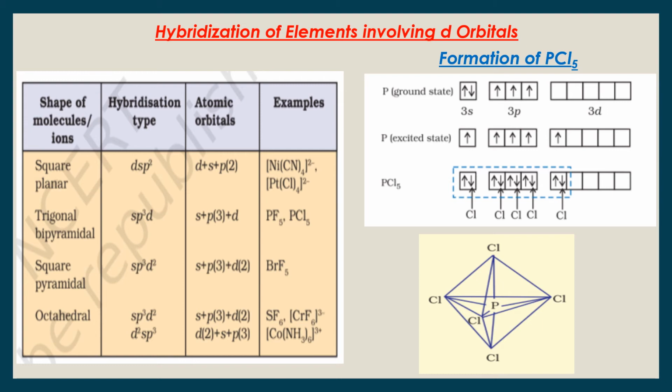Now, hybridization of elements involving d orbital. Very interesting. A few examples given in the table. So those which are given in the table, some of them have the square bracket. They are complexes, coordinate compounds. So you can just have an idea that what type of hybridization they have. Details would be done later in class 12. We have a full chapter, coordination compounds.